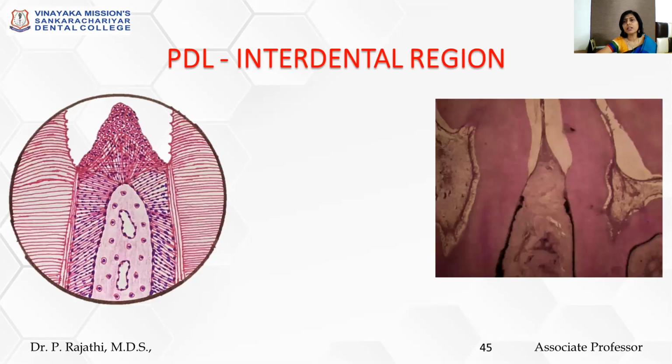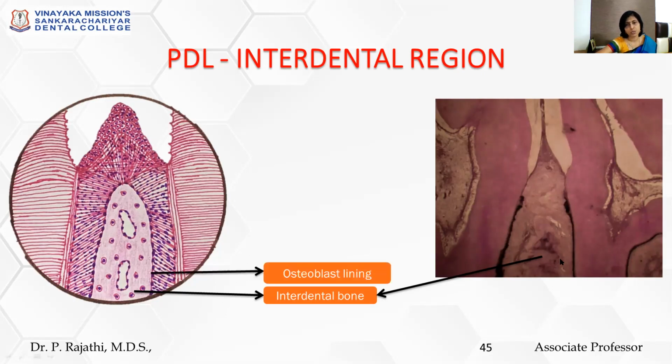Now let's discuss the different histologic slides. Periodontal ligament in the interdental region. This I have already explained, but I'll just correlate it with the histological section of the periodontal ligament. So here you can see the interdental bone. Just follow both the pictures. One is the lower view of the periodontal ligament, that is a decalcified section of the tooth in the interdental region. Here is the diagrammatic representation of it. So you can appreciate the interdental bone here, and then the osteoblast lining,